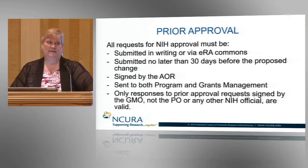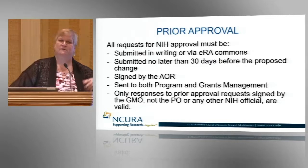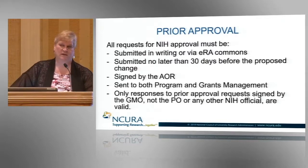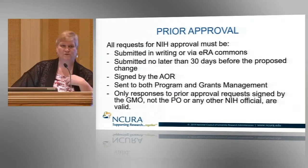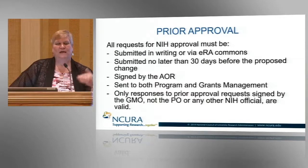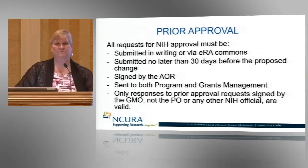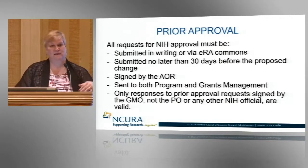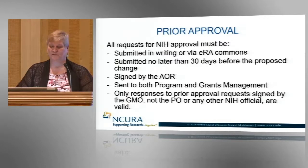There are instances where we see that they come in afterwards and we'll give you a little tap on the hand and say, you shouldn't have done that. However, we will negotiate it with you, we will consider it, and then we will make our determination as to whether it's approved or not approved. These prior approvals should always, once again, come as official communication from the authorized organizational representative. And when they come in to us, if they come to grants management, we send it to program. If program gets it, which has happened in the past, they send it to us. So it is an analysis and a review and a negotiation between grants management and the program office for approval